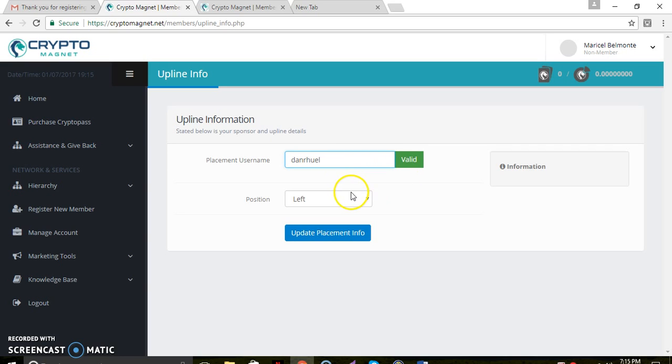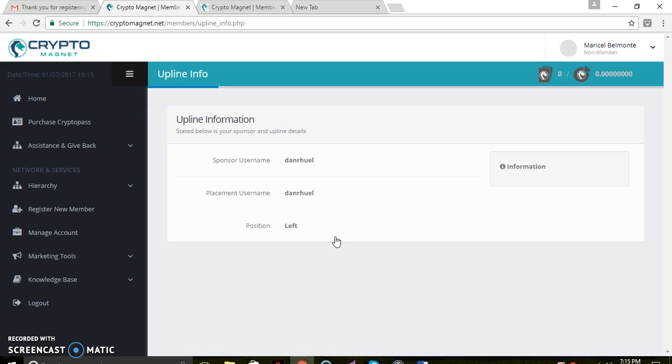Make sure it is valid, and then this is the position, or you can also choose among these, but probably we need to update this placement info. So update this one. Okay, that's the simple process of registration in the CryptoMagnet community.